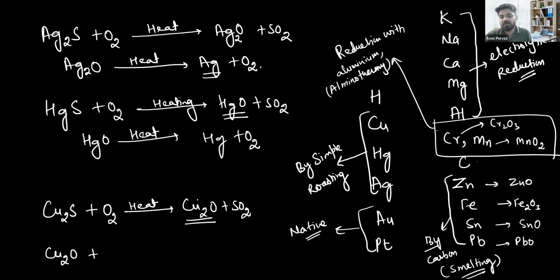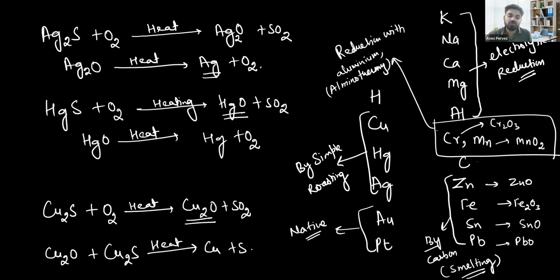It will get converted into what? Oxide form will be reduced to mercury. Mercury oxide will get converted into mercury. But if you bring it from the market, that is Cu2O, then you need a reducing agent. But in this case, we don't require any external reducing agent. Here itself, this crushed ore behaves as a reducing agent. This Cu2S behaves as a reducing agent, and then on heating, it will give you